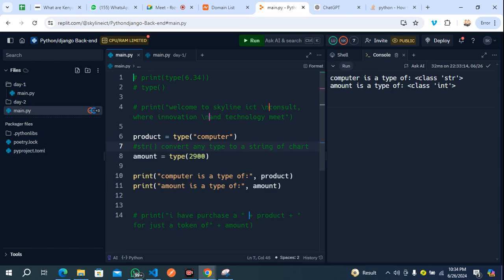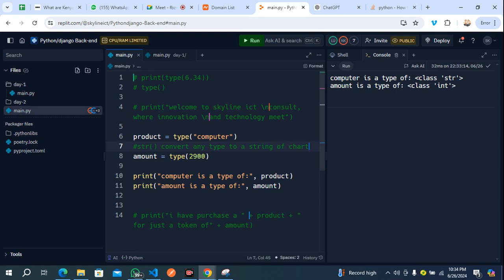Now, when you look at a class of string, if you want to convert any particular class to a string, you need to call what? A string. Now, if you look at here, you see that we have integer, int, right? So if you want to convert any character from integer to a string, you need to convert it to what? To a string, to an integer.